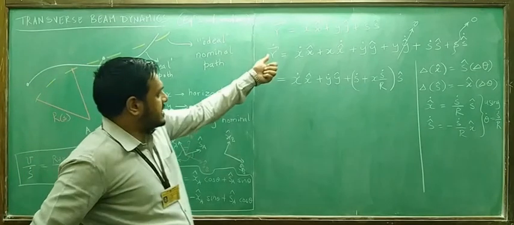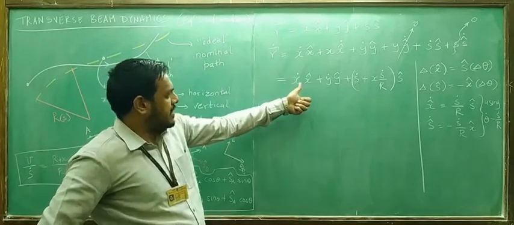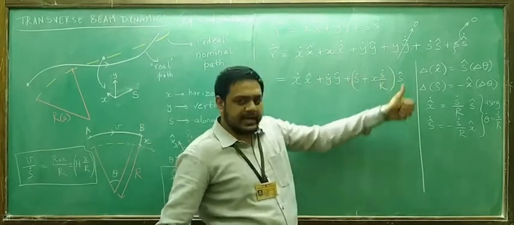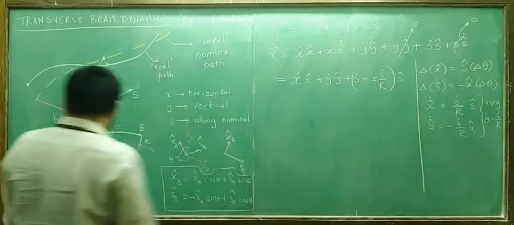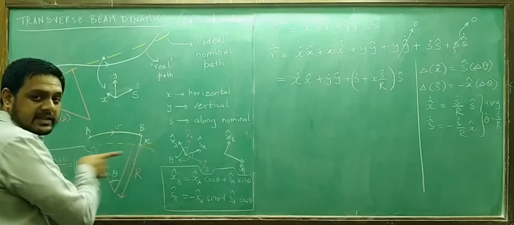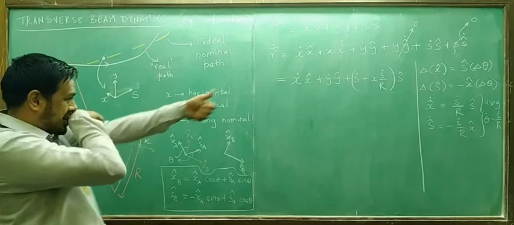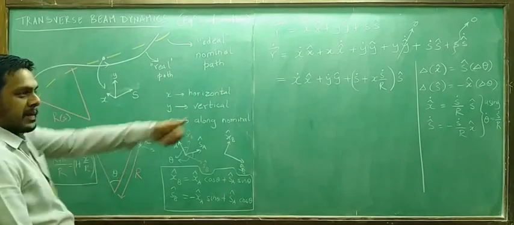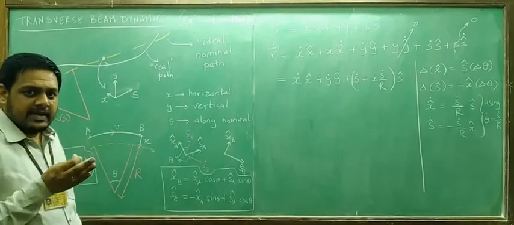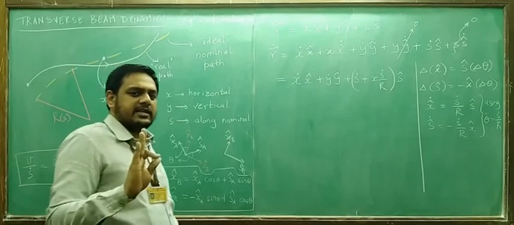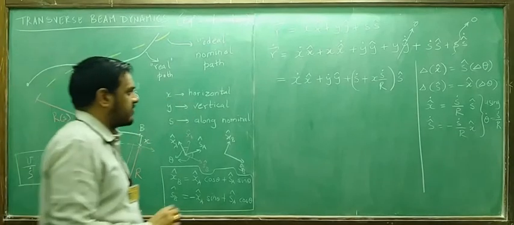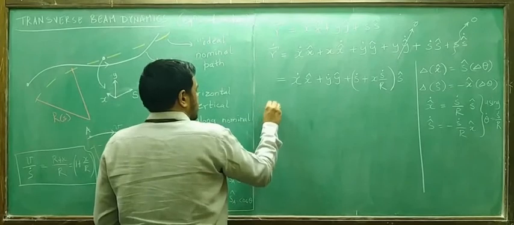So basically, the velocity is the x velocity in the x direction plus y velocity in the y direction plus some velocity in the s hat direction. If you look at this carefully, it is actually a 1 plus x by r factor. So s dot into 1 plus x by r is nothing but v, the velocity in the nominal direction. Logically, it makes sense that it has some velocity in the x direction, some in the y direction, and this particular velocity v in the nominal direction. Perfectly fair.